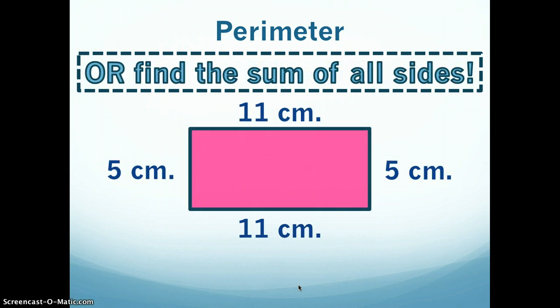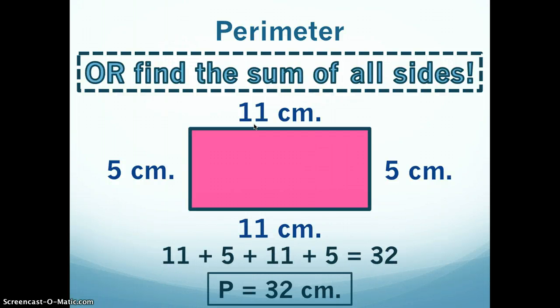Another way that you can find perimeter using this exact same example is to just find the sum of all the sides, which means you're just going to add them all together. A sum is the answer to an addition problem. So you would literally add 11 plus 5 plus 11 plus 5, and you still end up with 32 centimeters